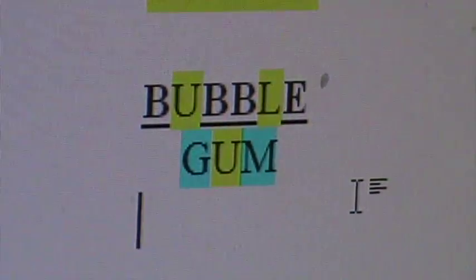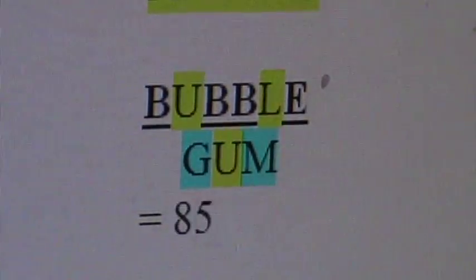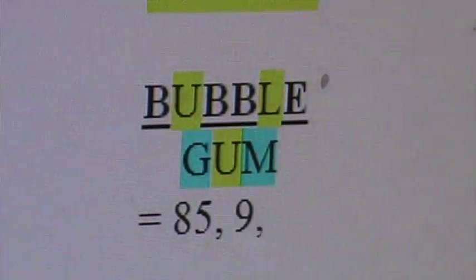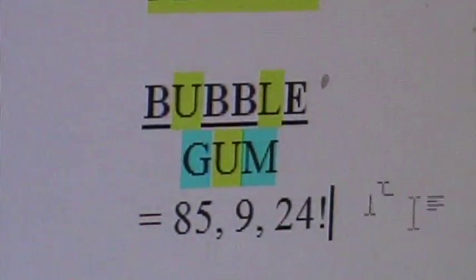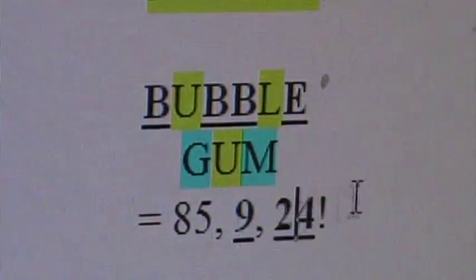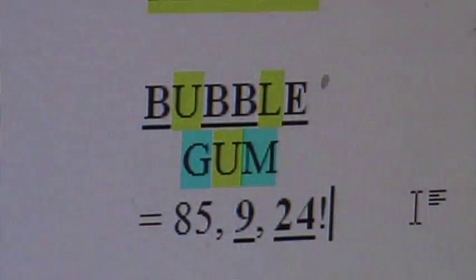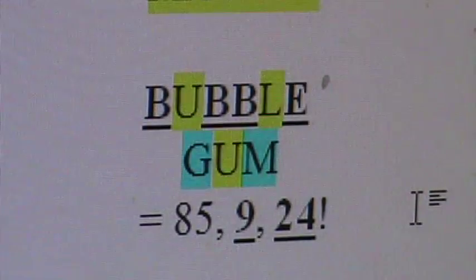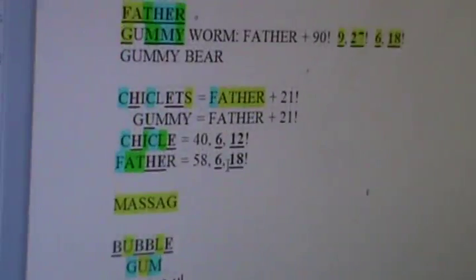And it equals the same digits as Father, and this is the best part, the letters and strokes both divide by 3 just like it is in Father, okay? So bubblegum has now been solved once and for all time for the glory of God the Father and the Trinity at large, and here is the date and time as always, whenever convenient to capture, because this is history, historic stuff here. And we just came off of solving chiclets.